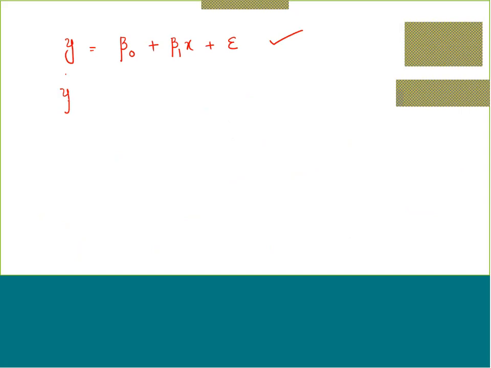Suppose if I take y equal to beta naught plus beta 1 x plus I'm adding one more, a second order term,